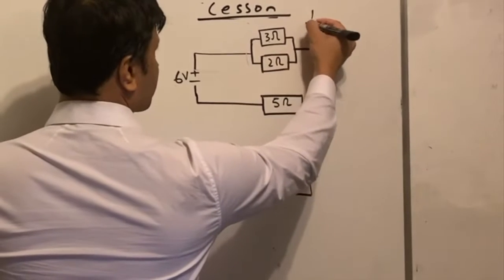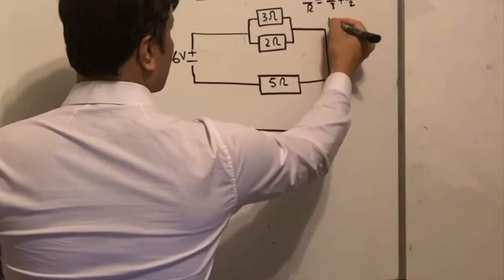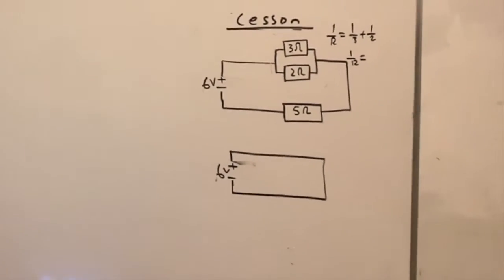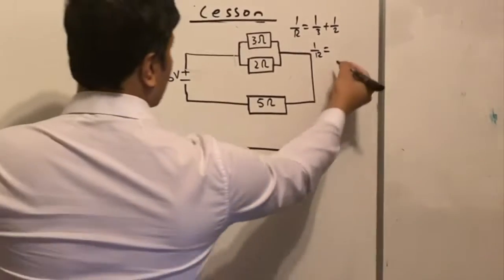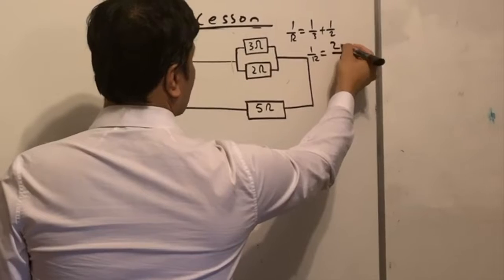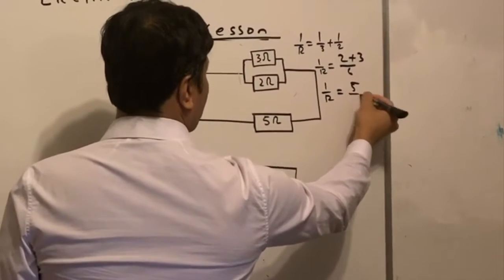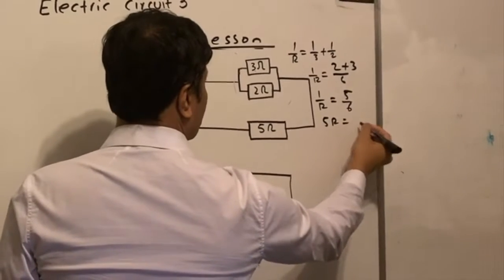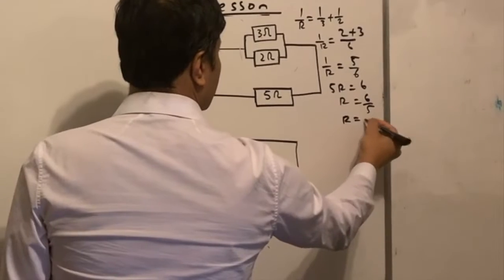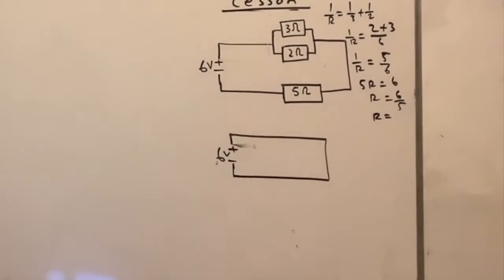1 over R is equal to 1 over 3 plus 1 over 2. The RN student, are you paying attention? Yeah. So 6 and you have what? 2 plus 3, so 1 over R is equal to 5 over 6. So R is equal to 6 over 5. And can someone tell me what 6 over 5 is? 1.2. Yeah, 1.2. Alright,